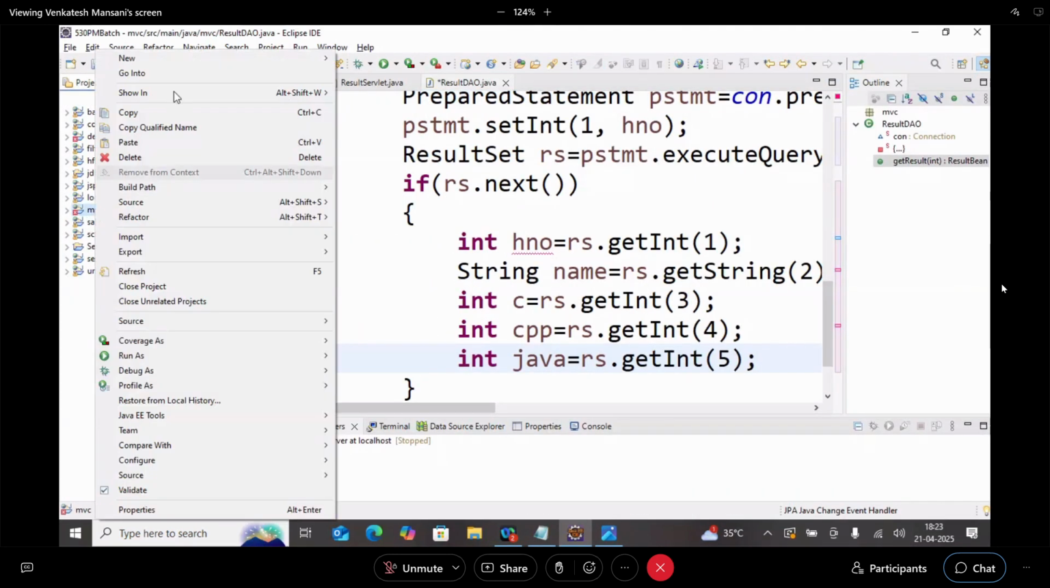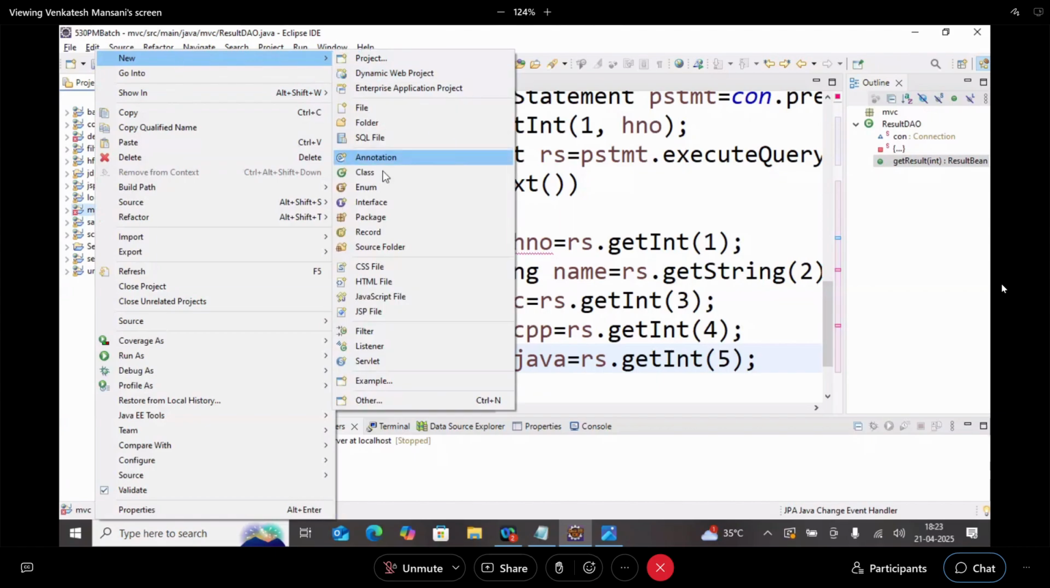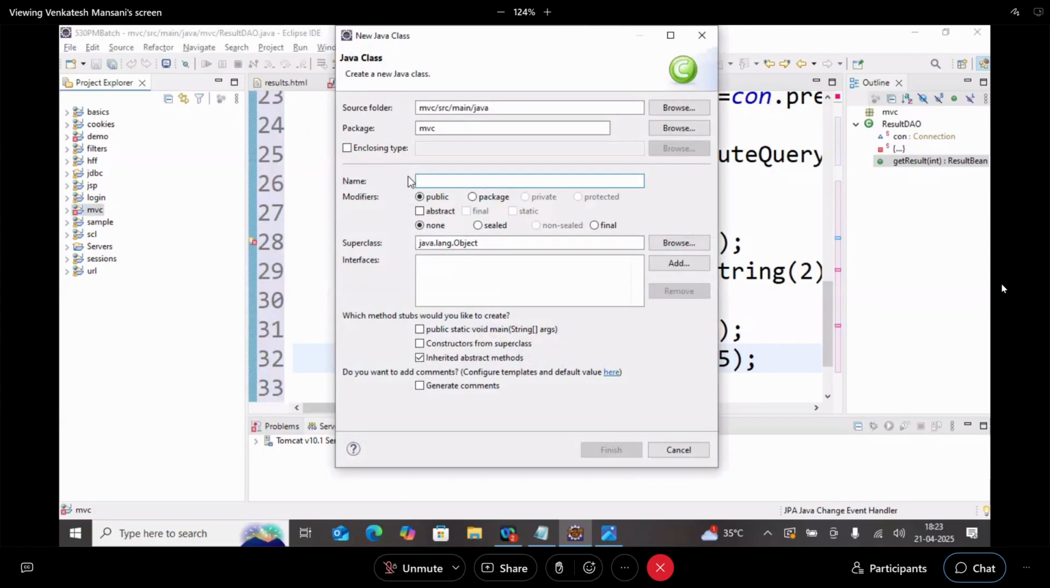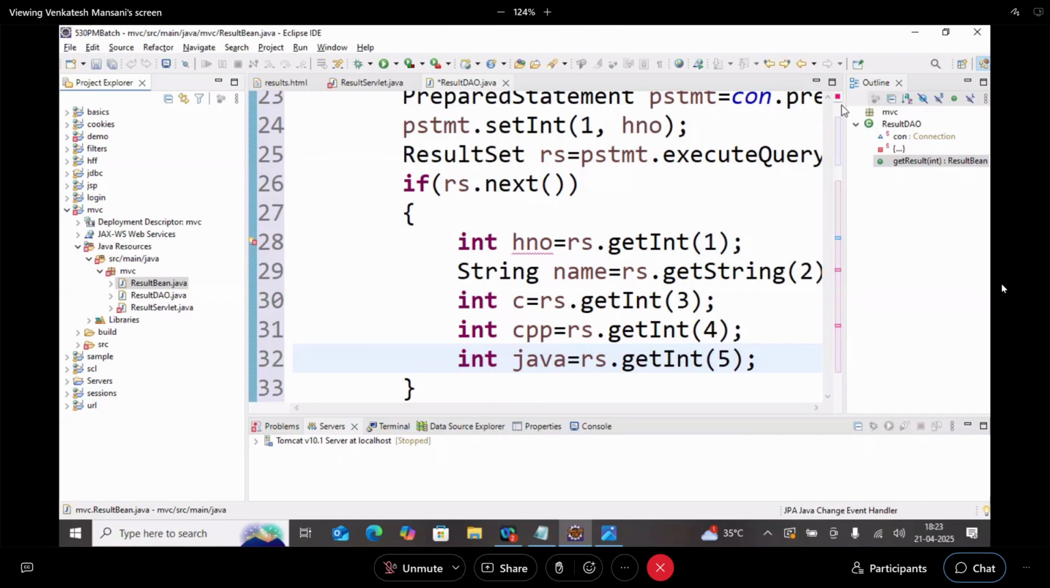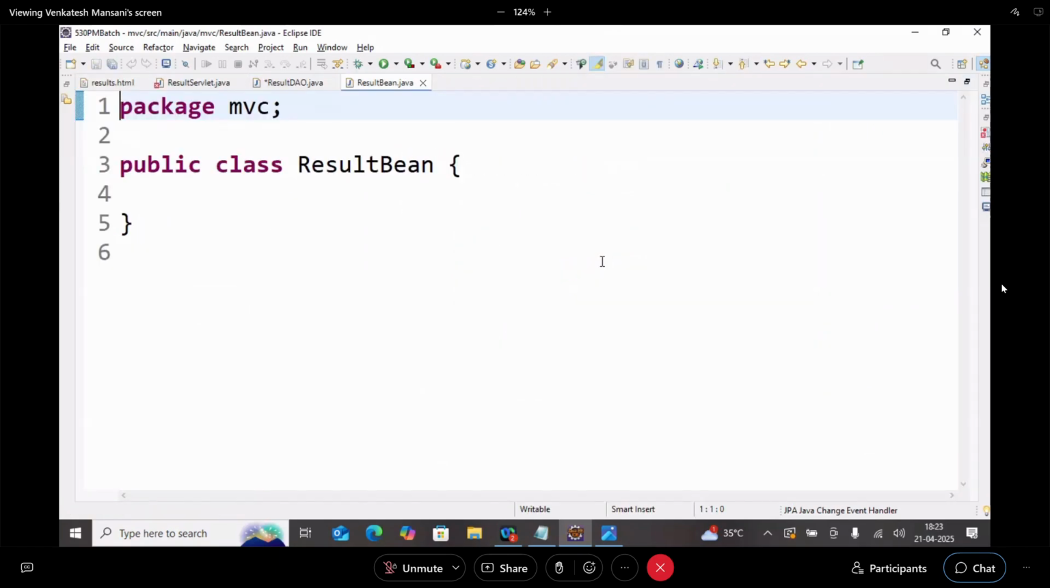Right click, new class. Result bean. Finish. It is a Java bean. Java bean rules you studied, no? What is the first one? Class must be public. Second one, class must be in a package. Third one,